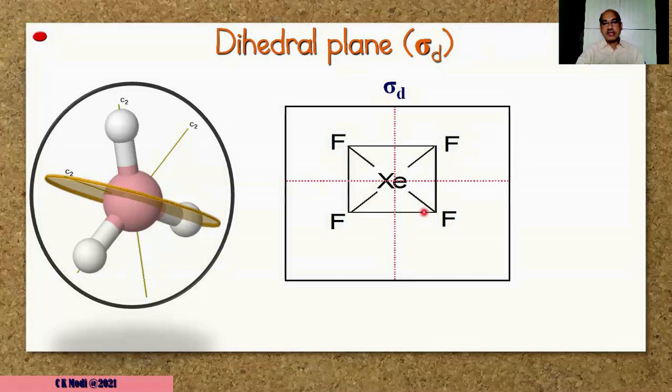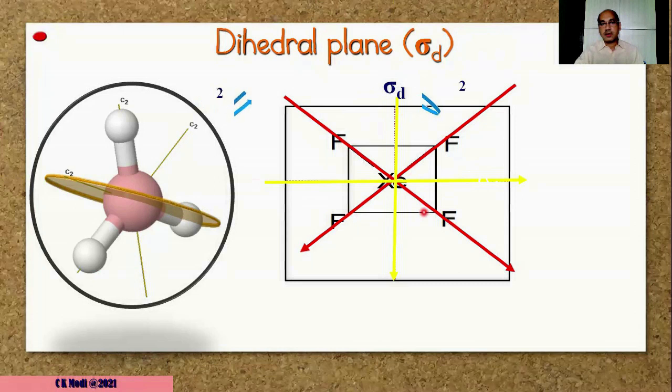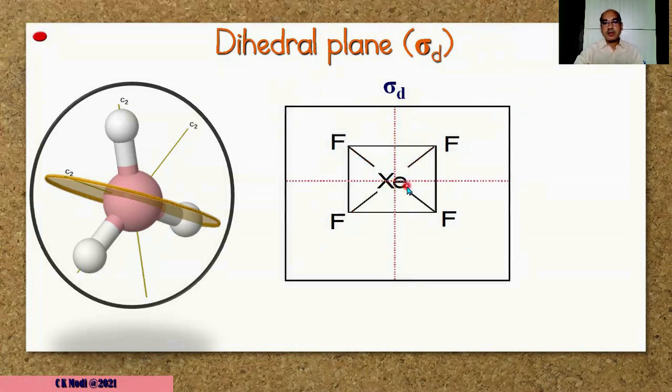Now, the dihedral plane. What are the conditions of a dihedral plane? Look at this. These are the two dihedral planes. The yellow line reflects the dihedral plane, and the red line reflects the C2. Now, this is a square planar molecule, right? So in this square planar molecule,